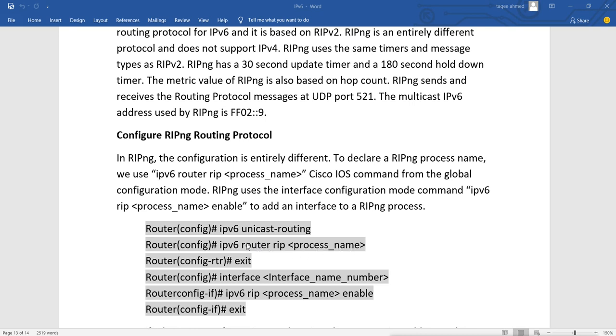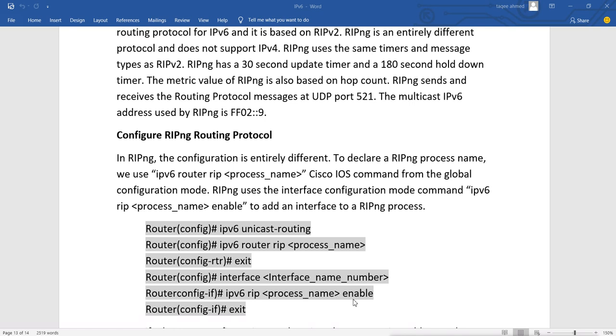In IPv4 RIP, in a normal RIP, we directly mention the network, but here you don't have to mention the network. You will exit from here and then go to the interface you want to add into RIPng, and there you will mention the ipv6 rip command with the process name, and say enable.